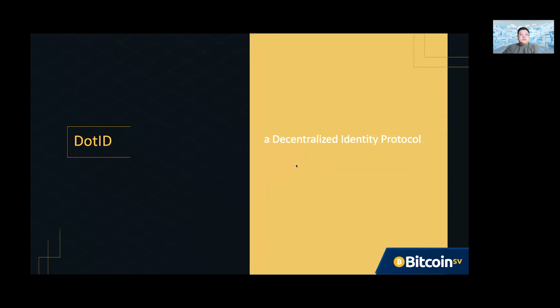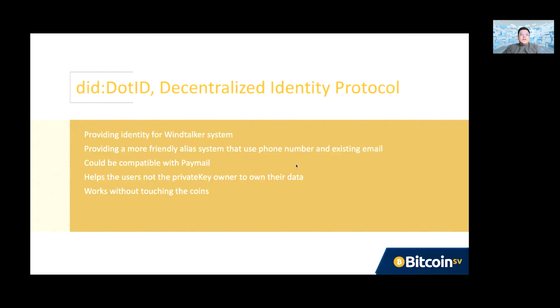Okay, that's so much for WingTalk. Next, DotID, which is a decentralized identity protocol, because in the WingTalker system, we need identities. We need different well-known public keys to offer reliable services and to offer the address book for different public keys, so that we will provide identity for the WingTalker system and provide a more friendly alias system that could use phone